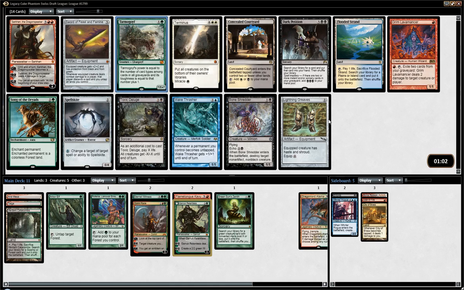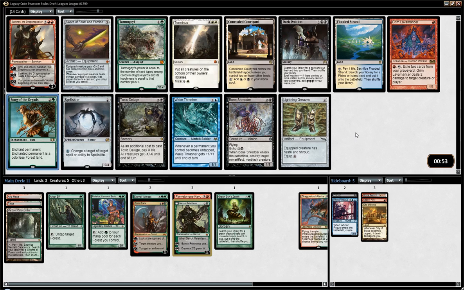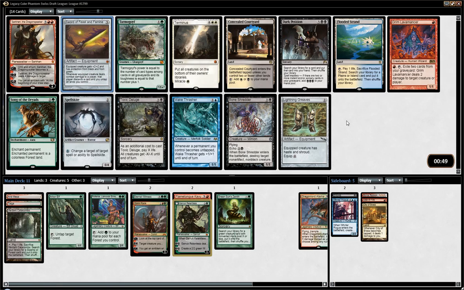Tarmogoyf, very good in Constructed. Never been so great in Legacy, any cube. Song of the Dryads is medium. Might just pick Sword of Feast and Famine. Card is quite good. Hopefully we can get some more cheap elves. But again, green has not seemed super open, so